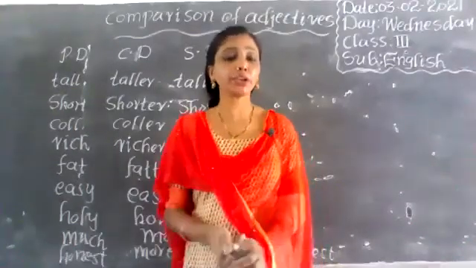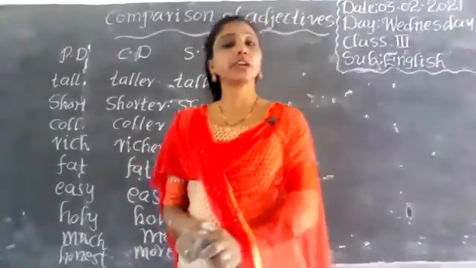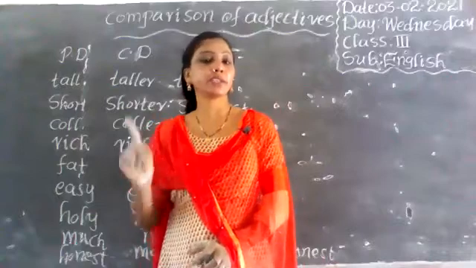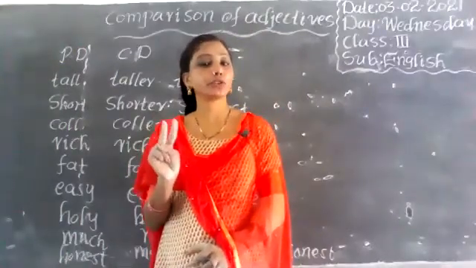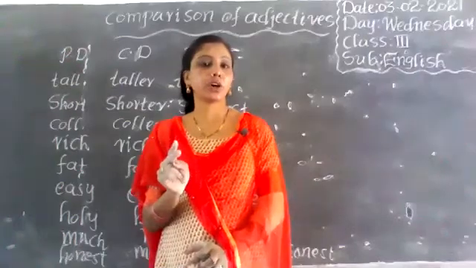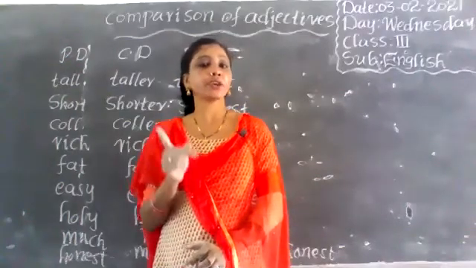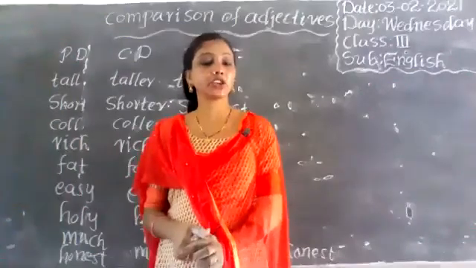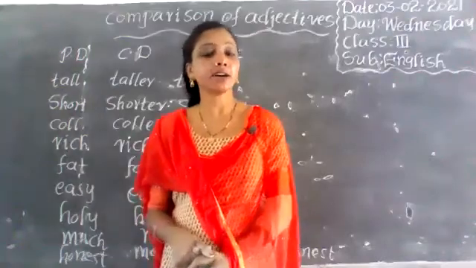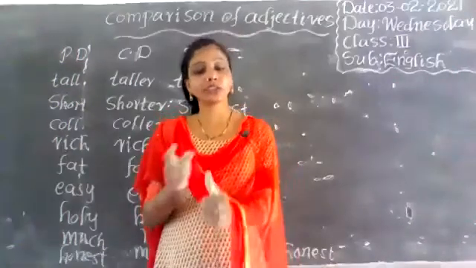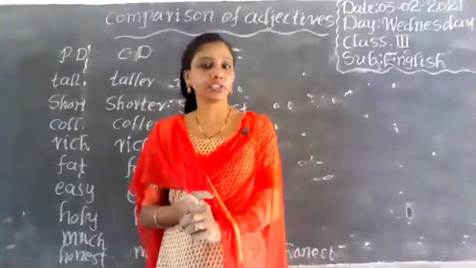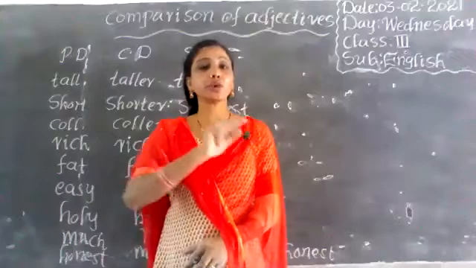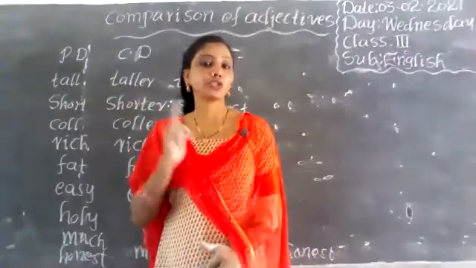Okay. So coming to second sentence, I have written Mr. B is fatter than Mr. A. So here I compare Mr. B with Mr. A. So here I have taken two persons to compare their fatness. Okay. So next one, third sentence. Mr. C is the fattest of the three. So Mr. A, Mr. B, Mr. C. If we take these three persons, who is the fattest person? Mr. C. Okay. So comparing to these two persons, he is the fattest one. So that is superlative degree.